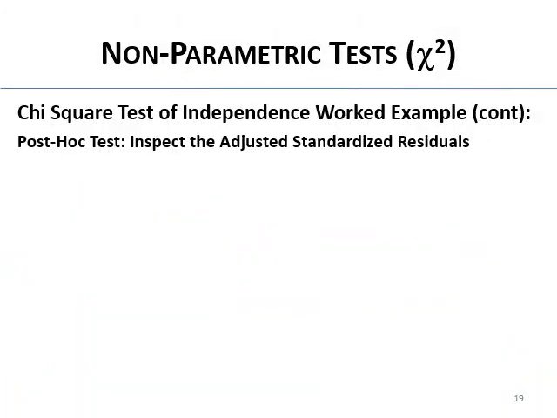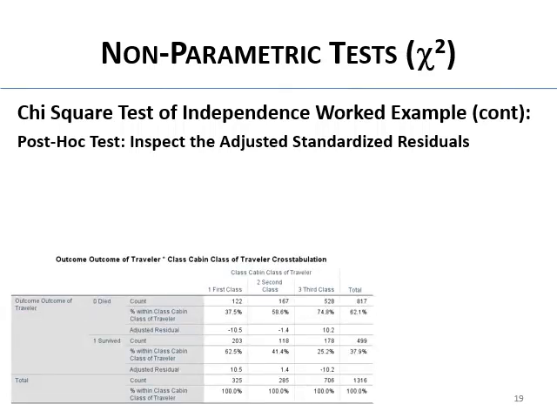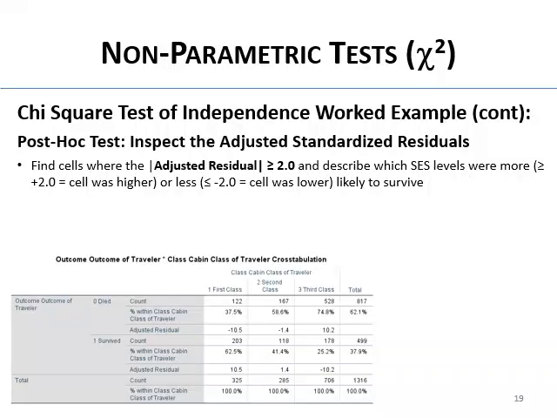So we're going to inspect the adjusted standardized residuals, and they're actually already in this table. I don't know if you noticed them. They're in the rows called adjusted standardized residuals. So we're going to find where the adjusted standardized residual's absolute value is 2 or bigger, and then we're going to look at the sign. If we see that it's a positive sign, we know there's a higher number in that cell than would have been expected if the null were true. And if it's a negative sign, 2 or bigger in absolute value, we know that there were fewer in that cell